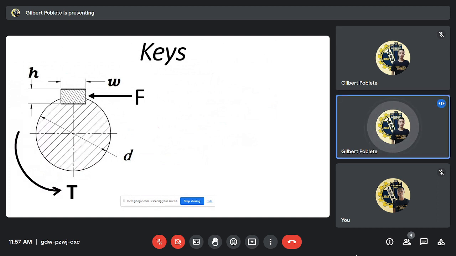So dito keys. So para sa keys natin, we have the width of the key times L. Tapos meron tayong height niya, tapos nandito yung force natin na connect yan dito sa shafting natin. Tapos meron tayong diameter ng shaft. Tapos we also have the torque. So next dito